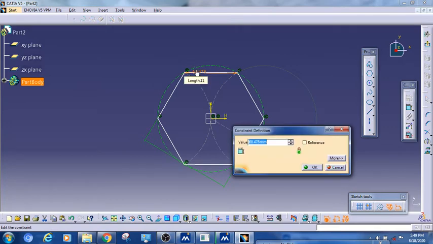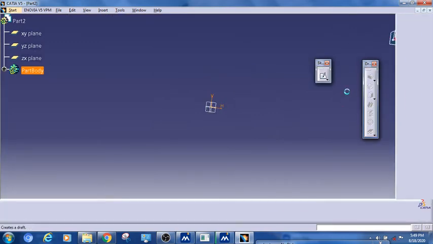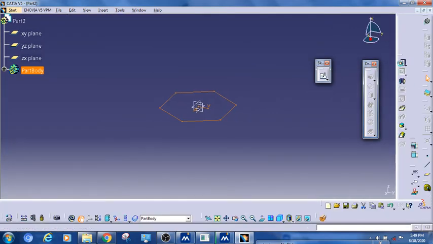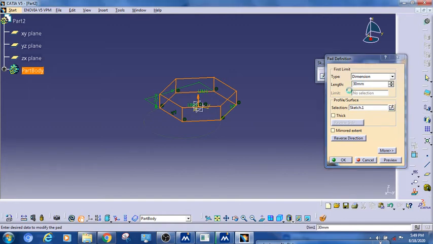Double click on dimension and change it to 50. Here I will use pad. The same procedure we have to follow. There we have given 40, but here I don't need 40, I will give 30.